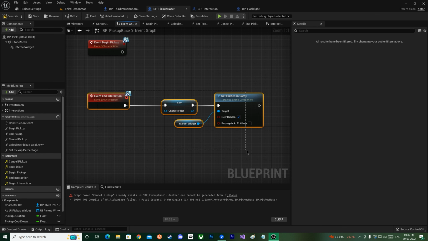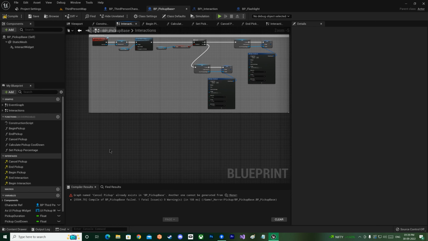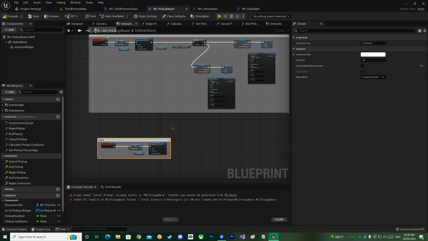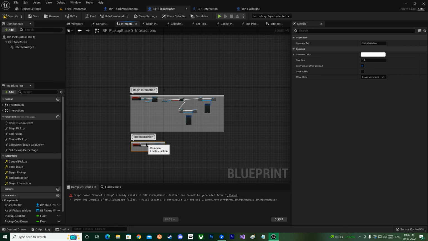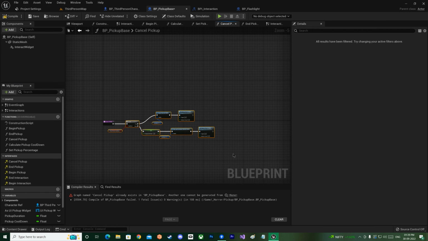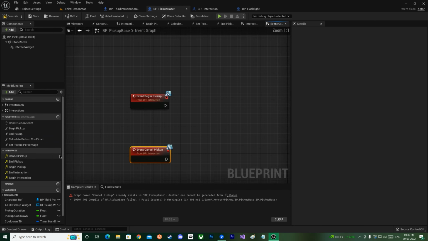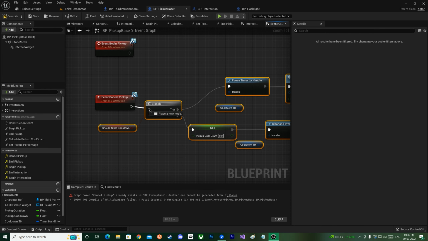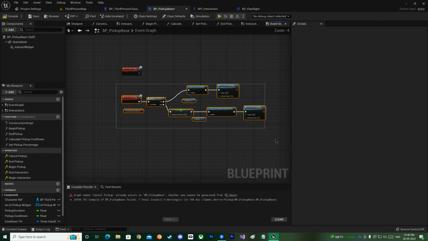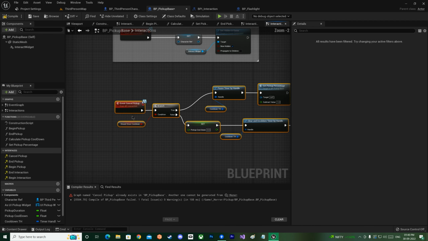And over here we'll just cut this one out, go to interactions and paste it out. You can see end interaction, then there is a cancel pickup. Cut it out, delete it, cancel pickup, plug it in like that. Cut this one out again and go to interactions and paste it, and this will